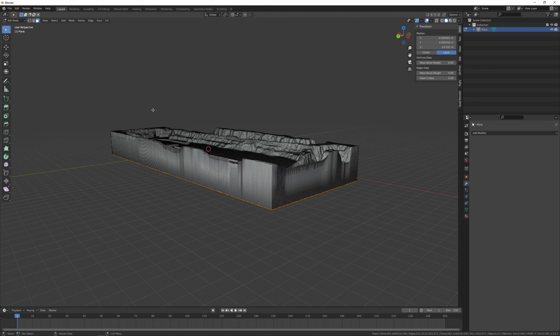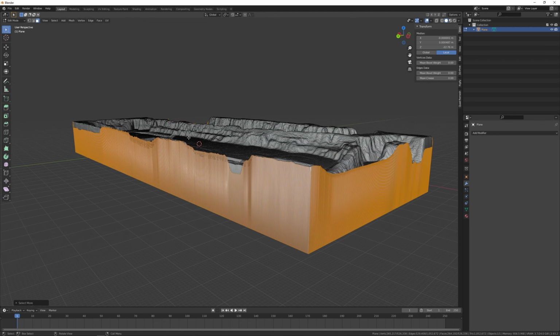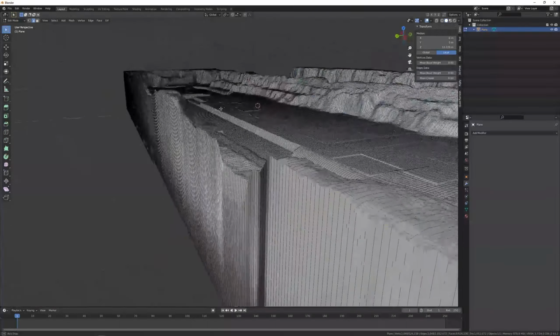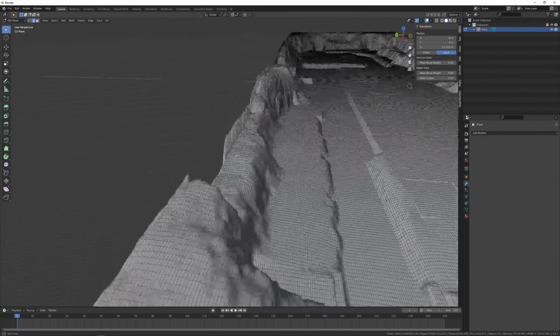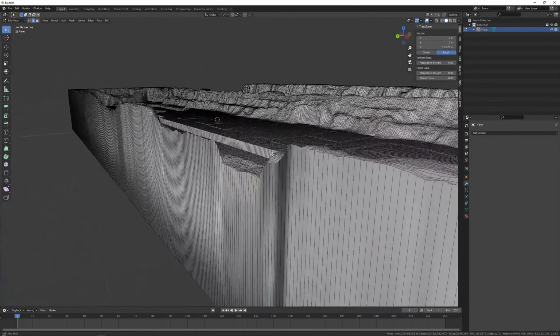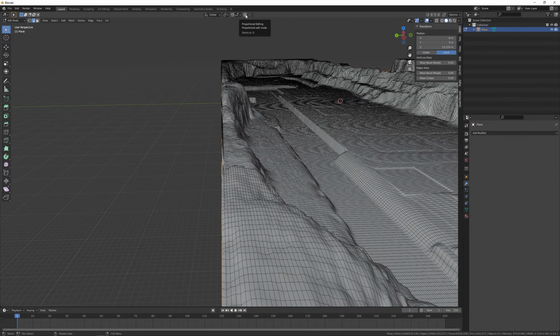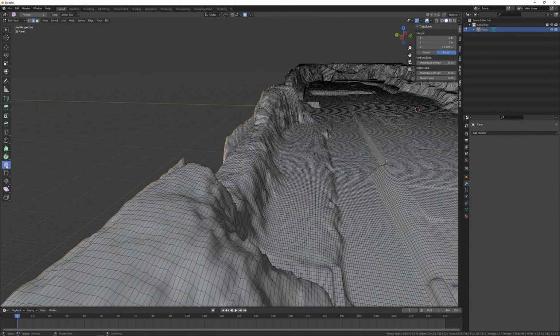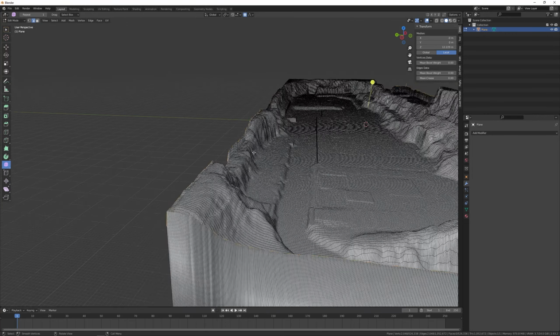So I type Control plus to extend the selection. And now I do another select loops, boundary loop. And now I have this loop here selected. I turn on proportional editing, and then I go to the smooth tool.